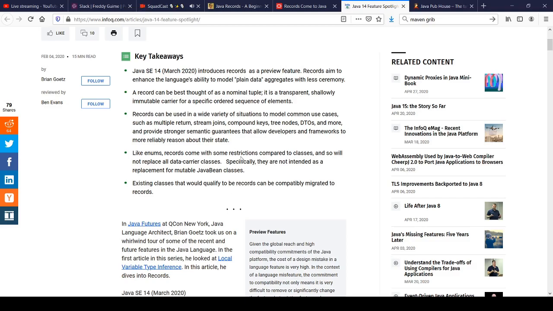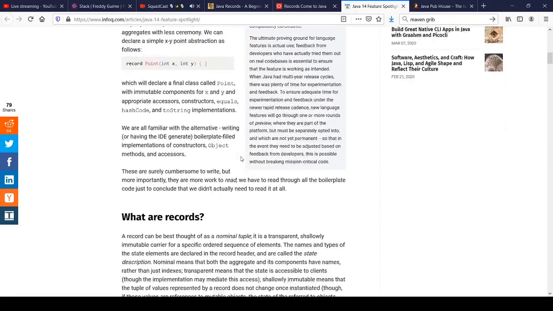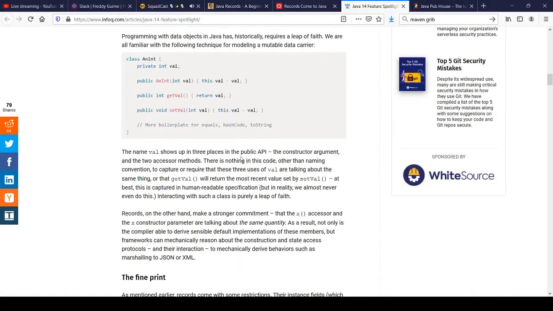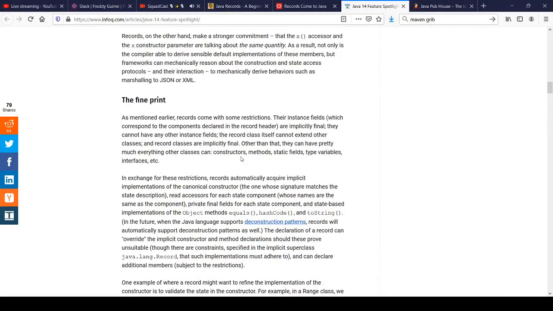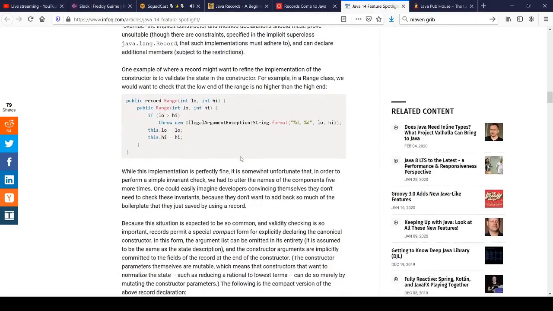And speaking of Brian Goetz, he also has an article out there on InfoQ that we reviewed before this episode, going through some of these details. What are records? And there you're getting it, to quote straight from the horse's mouth. He implemented it, right? So there are some things that you can do within the actual record class. For example, he's got it here where